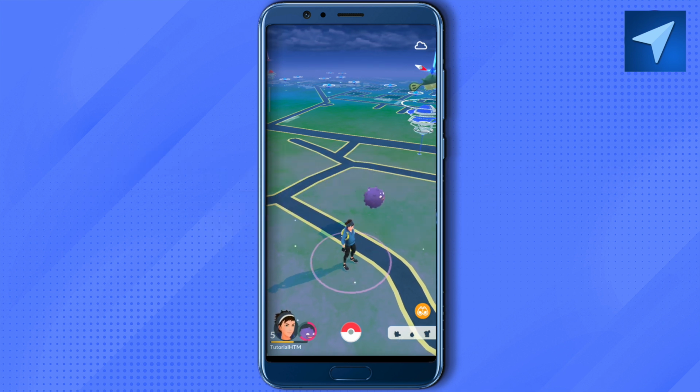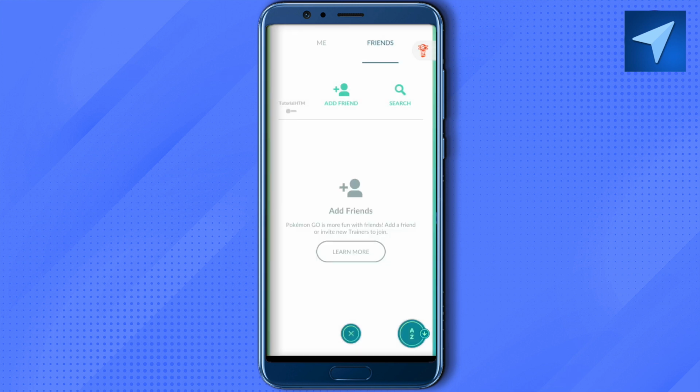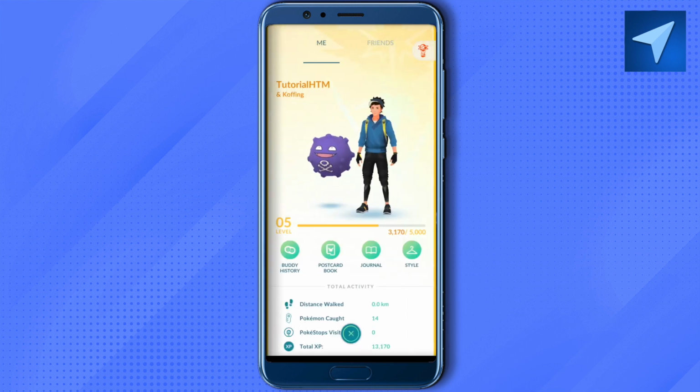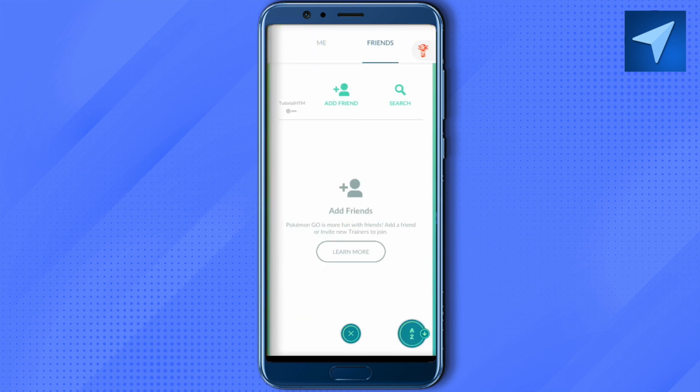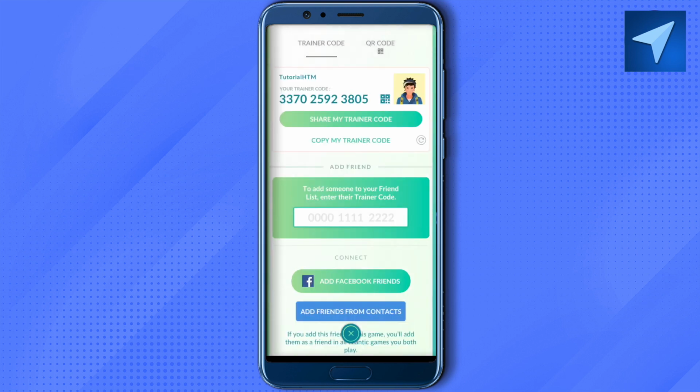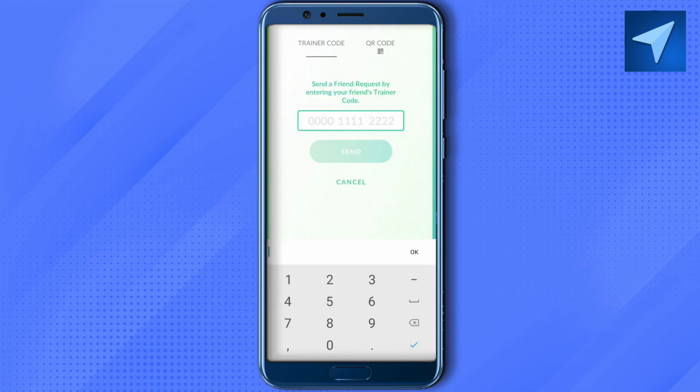After that, click on this option of your profile, and over here you will find either your me section or the friend section. Just switch to friend section and then click on add friend. Over here you will find your trainer code. Either you can share your trainer code to someone else or ask for their trainer code in order to add them, and if they give their trainer code, just enter it over here and send the request in order to